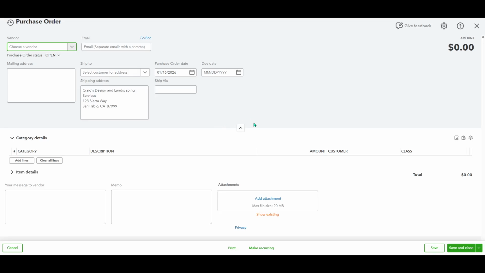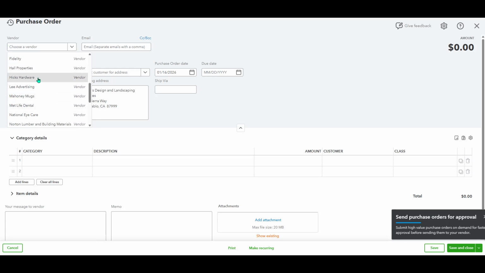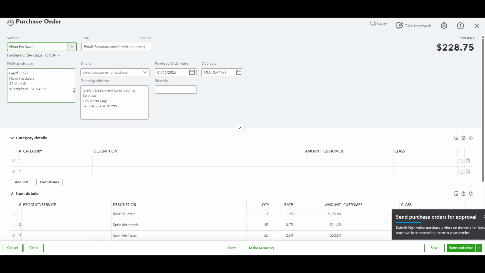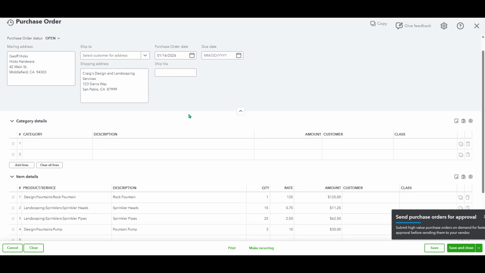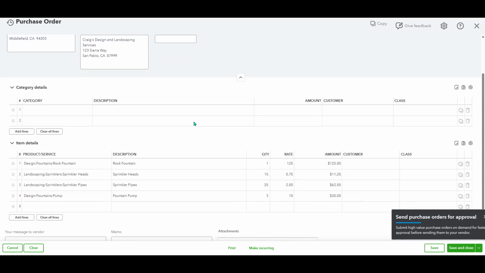Once the purchase order form opens, you're ready to fill in the details. Start by selecting the vendor you're ordering from. QuickBooks will use the vendor profile to pre-fill known details, which helps reduce typos. Next, check the ship to or delivery address. Make sure it reflects where the goods should be delivered, whether that's your main office, a warehouse, or a specific